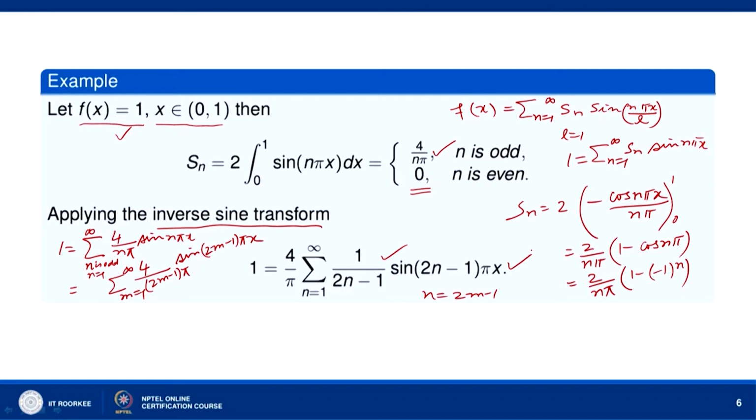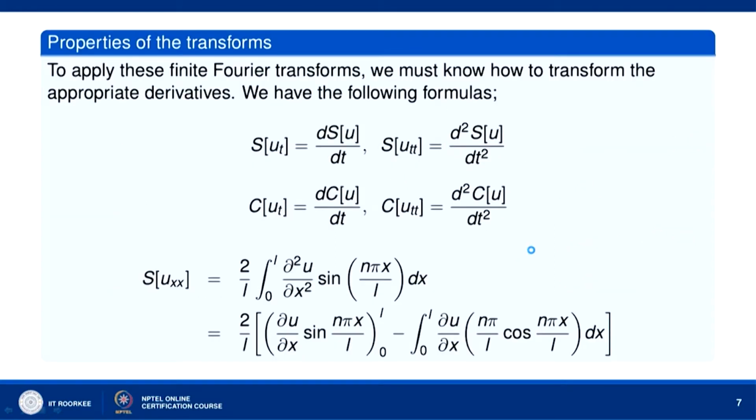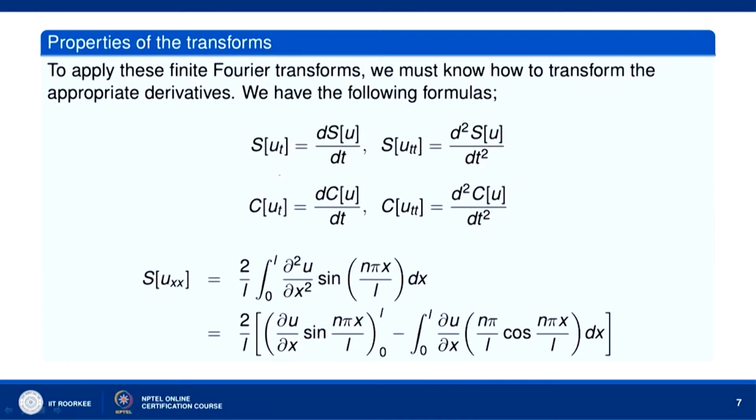Okay. Now, let us see how we can solve the partial differential equations. When you solve the partial differential equations, suppose t is the time variable and x is the space variable. So, we will need to find the sine transform or cosine transform of ut, utt, ux, uxx and so on. Okay. So, sine transform of ut. Let us recall that sine transform of f, Sn, equal to S of